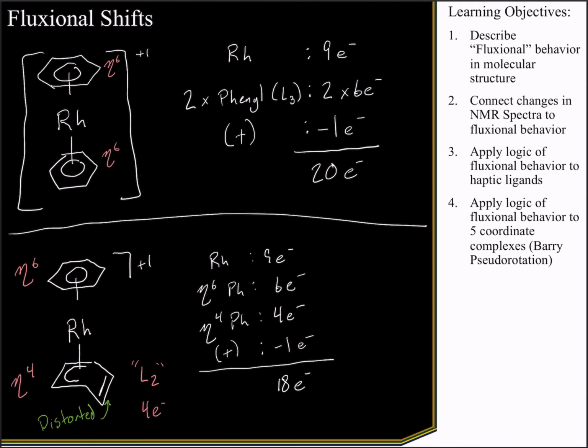However, if we were going to catch an NMR of this at room temperature, we would only see one proton NMR signal at room temperature. And that's because this is constantly changing. We can go between the eta-4 and the eta-6 configuration. This process has a different name than a Berry pseudo-rotation. This is called ring slipping,